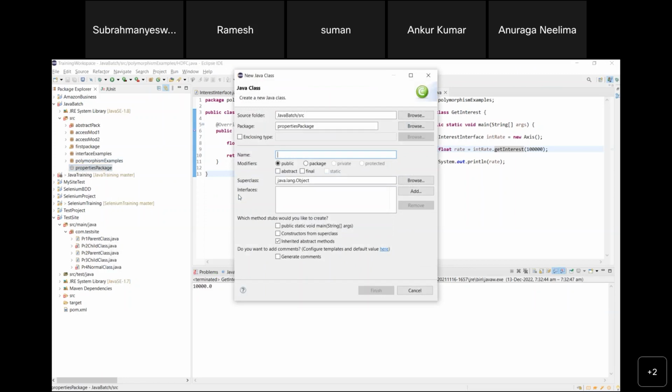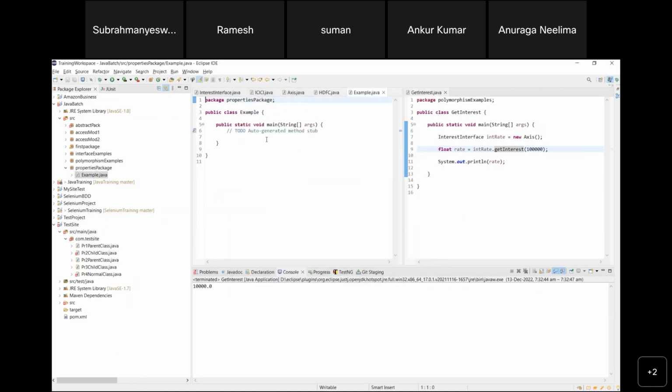Let us say something like not login, but you get confused with this one. Some example class. I'm creating an example class, and I'm using this main method. I just created a class with a main method here. Now within this method, what I can do,